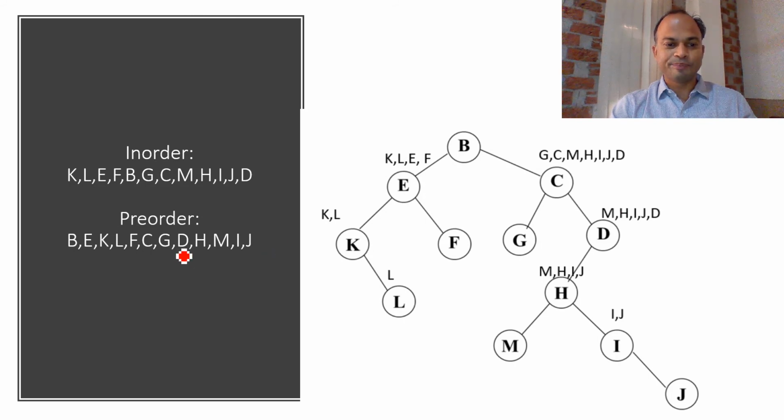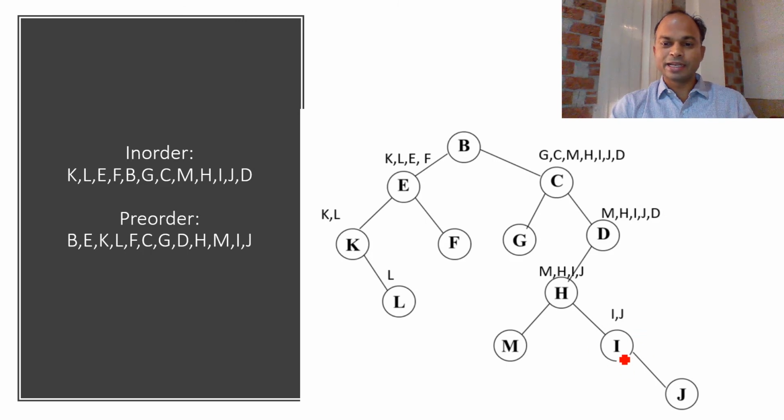Further we have to refer to pre-order, and pre-order is here MHIJD. I mean first value in the pre-order sequence MHIJ, and in the MHIJ first value is here our H only, and therefore H is here our root. We have found here the root, and after finding the root H we have to find out the left subtree. Left subtree is M, right subtree is here IJD, and after left subtree is here only IJ because D we have already found here.